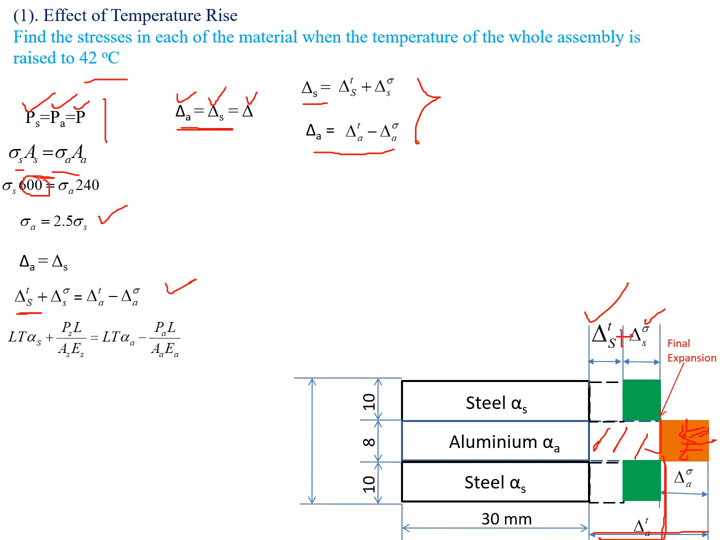This is equal to delta A T, the thermal expansion due to the temperature change, that is L alpha T, which means L T alpha A for aluminum, minus delta A sigma, which is the contraction due to the compressive forces. We know that the contraction due to the stresses is PL by AE. Here also, same thing: P A, the compressive force in the aluminum, times L, the length of the aluminum bar, divided by the cross sectional area of the aluminum times the Young's modulus of the aluminum. So once again we write L T alpha S plus